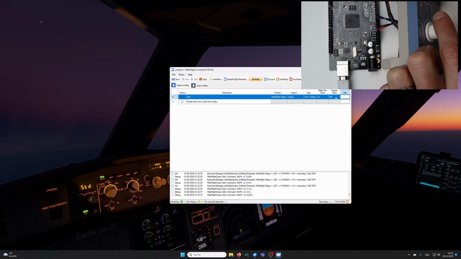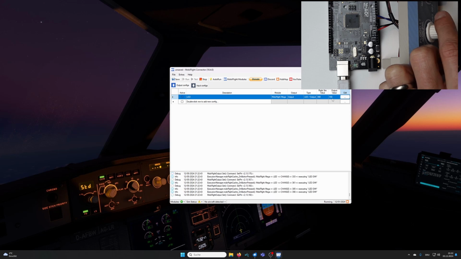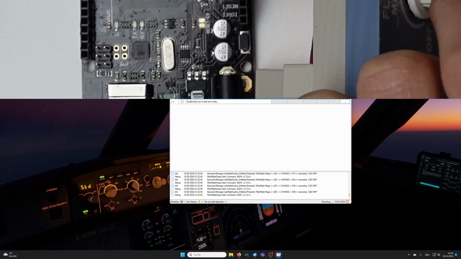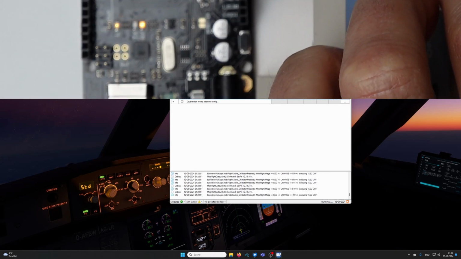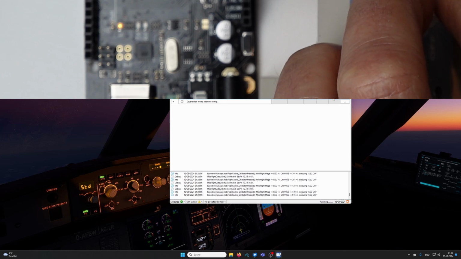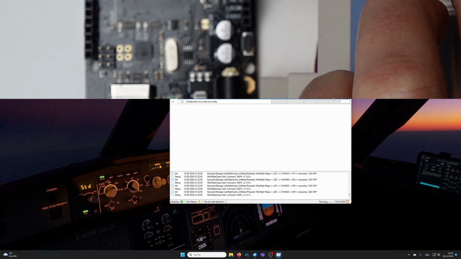Now the output value is 255 and output value 0. Now this potentiometer has the output value from 0 to 255, and as you can see